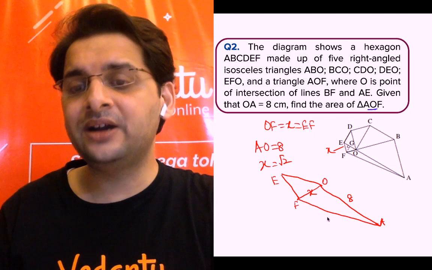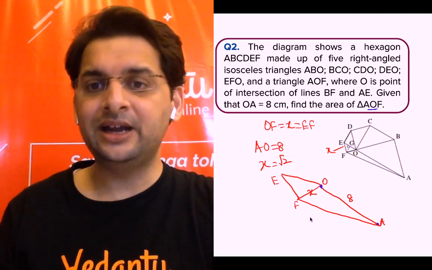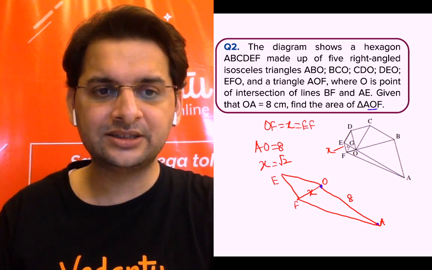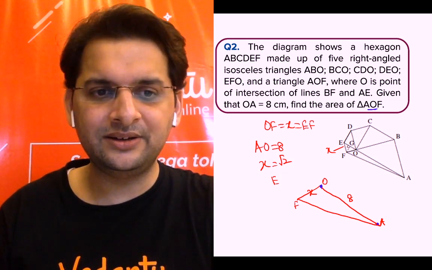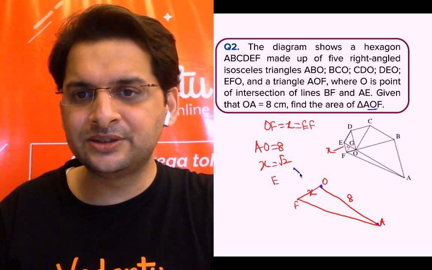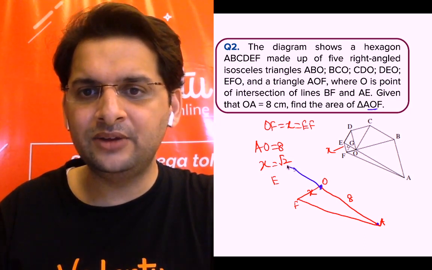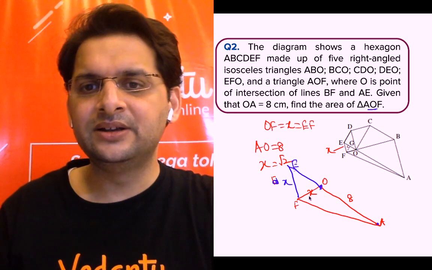Now how will the area of AOF come? So we know the base. So we need the height. We need the height. Okay. So let me just correct. Let me correct it slightly. It won't be fun this way. Okay. So AOE is the same line actually. AOE is the same line. This is E now. Okay. So this is also x, right?